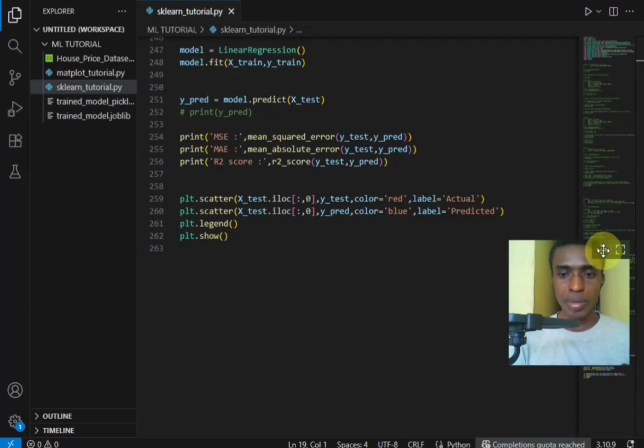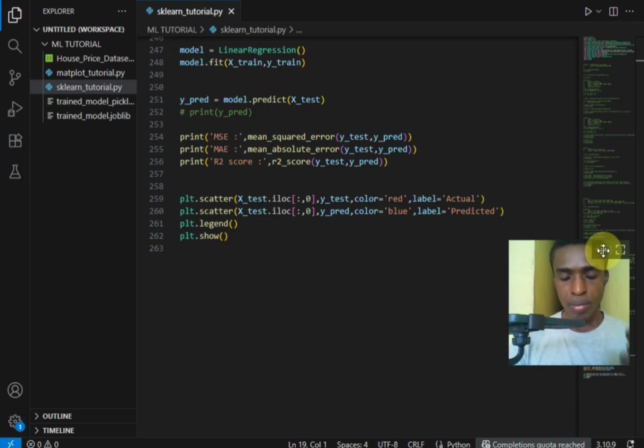In this particular section of the video, what we are basically going to look at is the k-nearest neighbor. So how does the k-nearest neighbor work? Know that the k-nearest neighbor falls under a sub-module of Sklearn. Unlike the decision tree that we encountered before, the k-nearest neighbor works by making